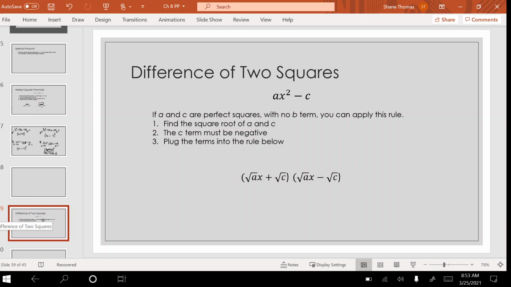There's 9 perfect squares in the first 100 numbers, so there's not a lot of options here. In the vast scheme of things, these special products make up maybe 10% of the problems you'll see. Now, obviously, when I give you a homework assignment and they're all of this form,